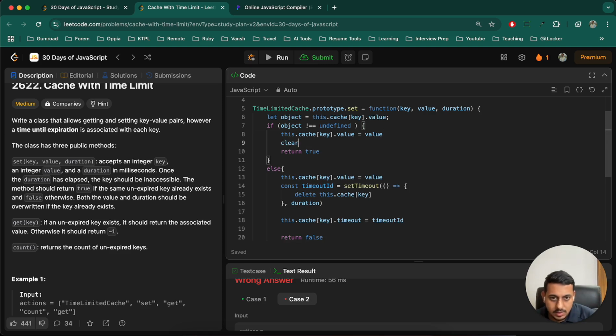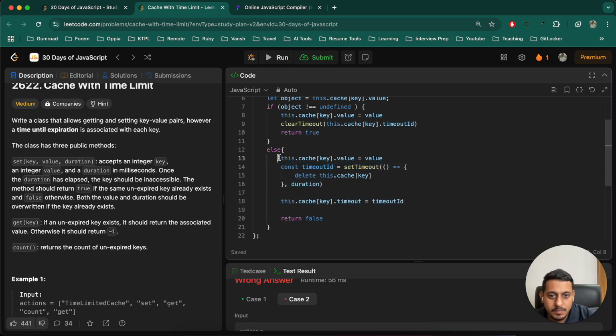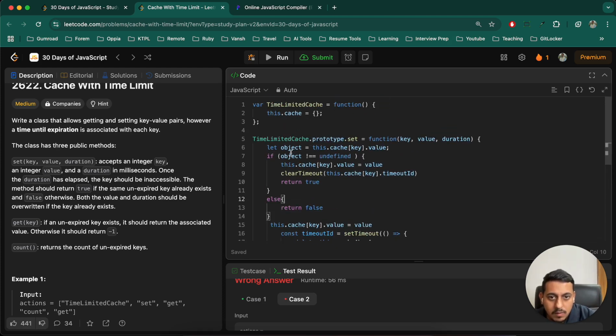Sorry, clear timeout. First we will have to clear the timeout, which is this dot timeout. But there is one more thing, which is now we again have to set the timeout. That means this code will get replicated. So what I will do is I'll actually get this out to this, convert that into an